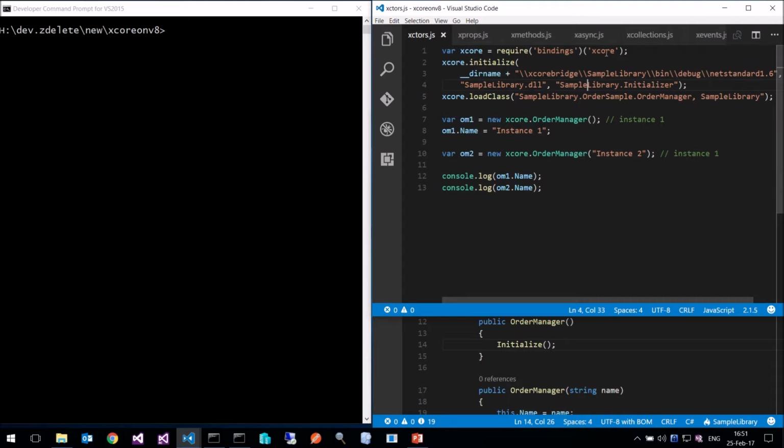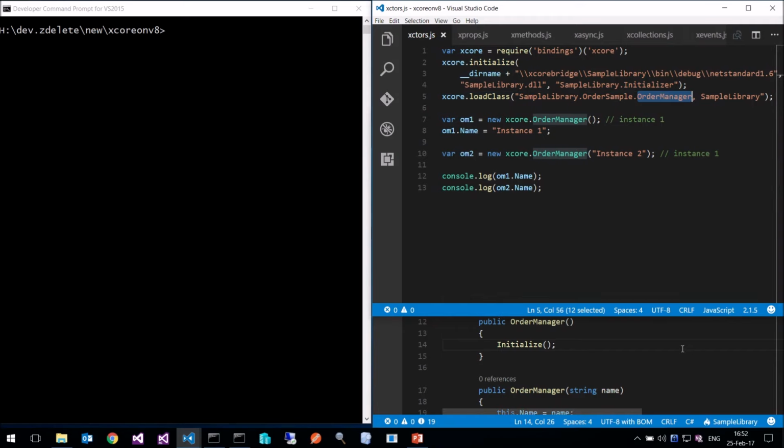Basically, I created a plugin that is called xcore, and you can see the require function that is loading, using bindings, this native plugin written in C++. You can see some kind of initialization inside, and also we load and map this class that is